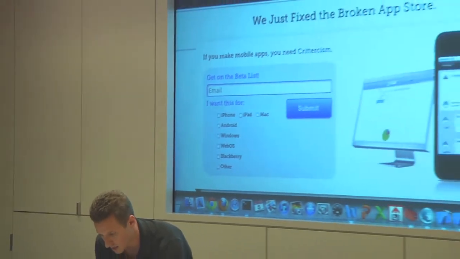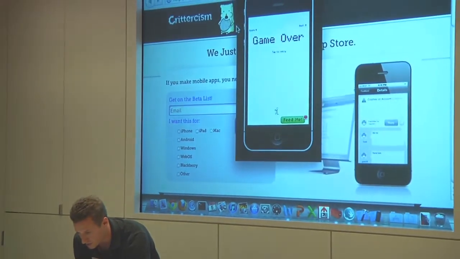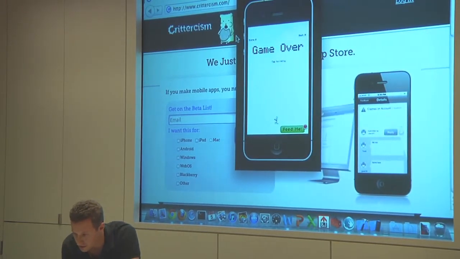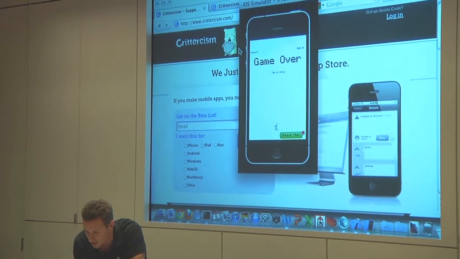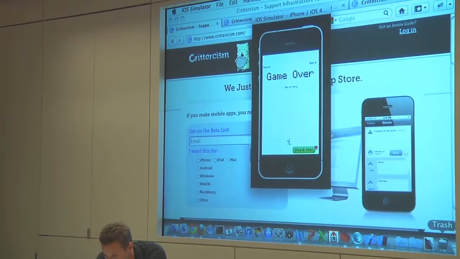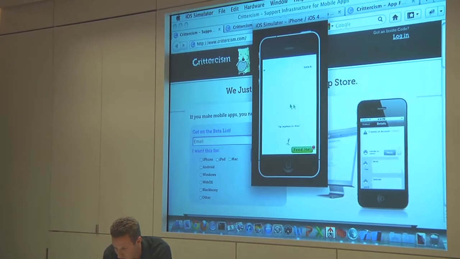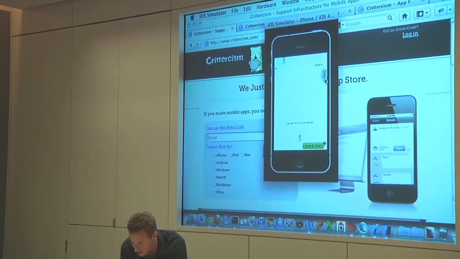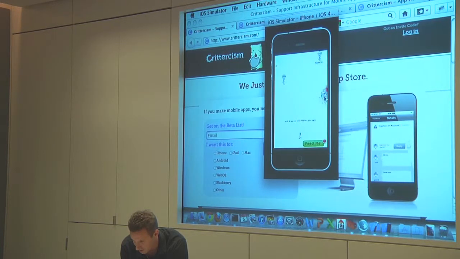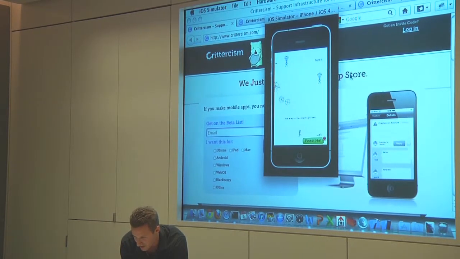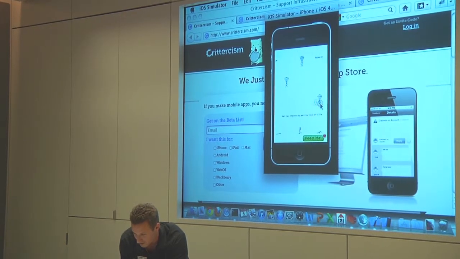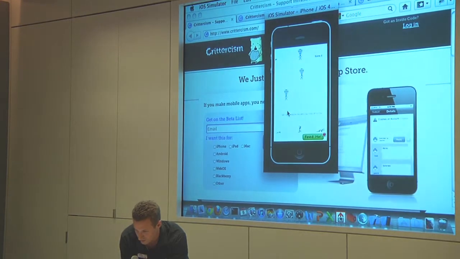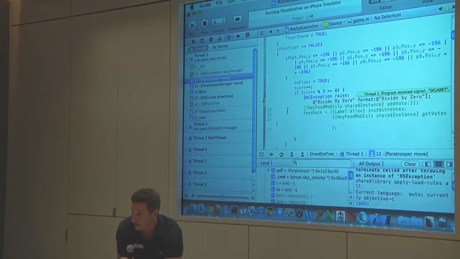So I'll just show you a demo. I'm going to show you an app that was developed by a 14-year-old, and he integrated our SDK on his own, so that's how easy it is. So in this particular app, you can shoot guys that are falling down here. If I can kill them. Okay, I need to get 3 of them. Okay. Oh, the app just crashed.